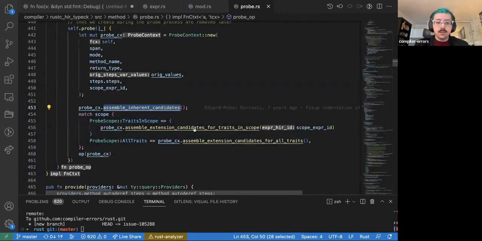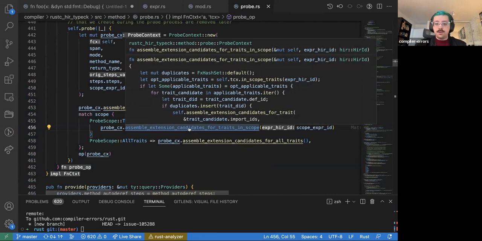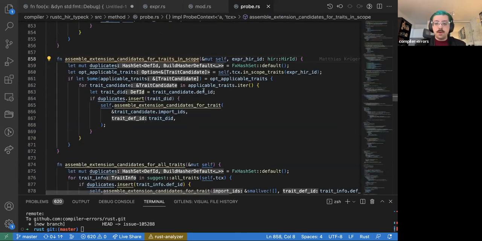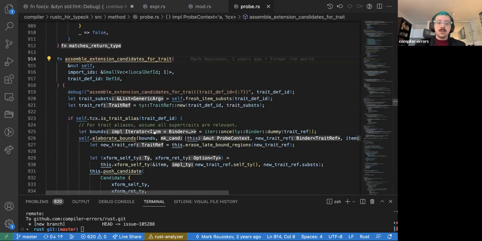extension candidates. So assemble extension candidates for traits in scope, basically, as I said before, considers the in-scope traits given the expression that we have. So given the expression we have, we look at its module. During name resolution, we also recorded all the traits that we imported using use statements. So we have a nice query that will give us back basically a list of all these traits that we want to consider. If we have those, then for each trait, we want to assemble extension candidates, which basically just